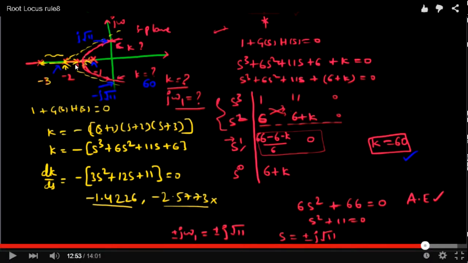So as k goes to infinity, right, they actually move. This is a pole and this is a pole, they actually move towards each other. It's like a double point, and that's to let you know. So when k equals 60, they reach here, which is the point where it's going towards instability. So this is the last point, after which if you cross more than k equals 60, you are going to go haywire, right? So this is what it means.